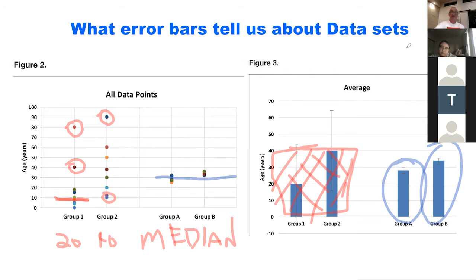But we see that group A is very, very similar. They're all similar to each other. Group B, they're all similar to each other, and they're different. Even though that difference is small, it is significant. And so,